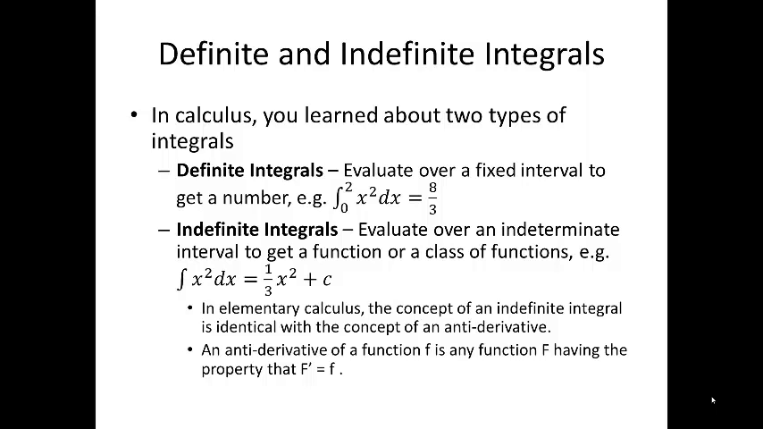So the integral from 0 to 2 of x squared, we calculate that as 1/3 x cubed, evaluated at 2 and subtracted, evaluated at 0, and we get a result of 8/3. Indefinite integrals we evaluate over an indeterminate interval to get a function, or rather a class of functions. So there's not just one but many indefinite integrals, and these differ from each other by constants. Thus, in the example you can see here, the integral of x squared dx, we get a result of 1/3 x cubed plus C, where C is a constant value, and the result is still an